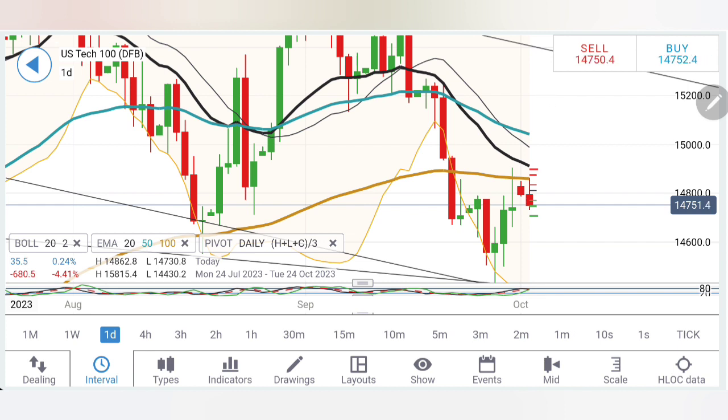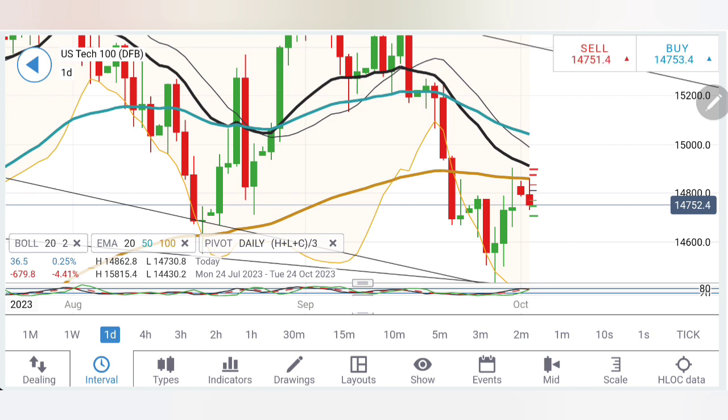There is a possibility that it can completely reverse or show you a swing here. On the downside, below 14,730 is where you should take a sell position. Below 14,730, we can expect 14,700. And remember, 14,680, 650, 630. This is the complete strong support zone between 14,630 and 680.